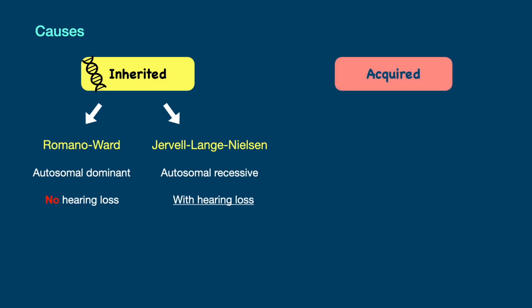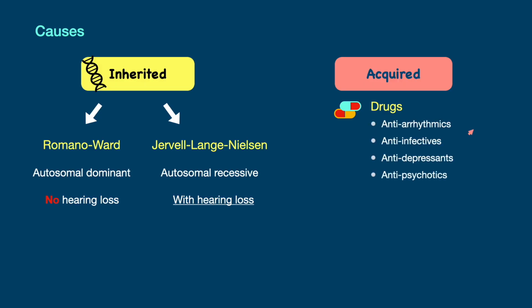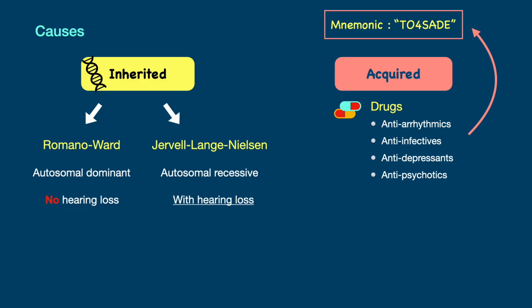As for the acquired causes, usually it's caused by certain drugs or medications, and the common mechanism involves blockage of rapidly activating potassium channels encoded by the KCNH2 gene. Examples of these drugs are amiodarone, sotalol, Class 1A antiarrhythmic drugs, tricyclic antidepressants, and SSRIs, methadone, chloroquine, terfenadine, erythromycin or